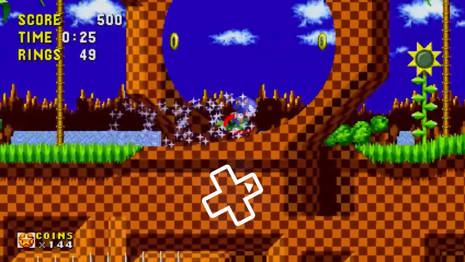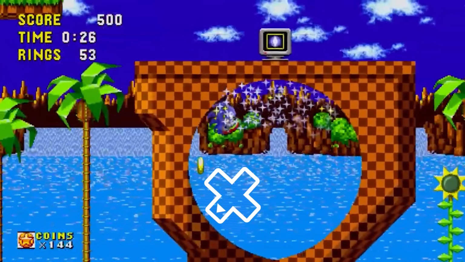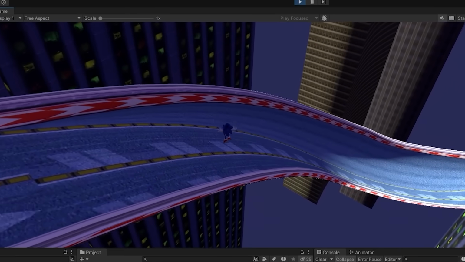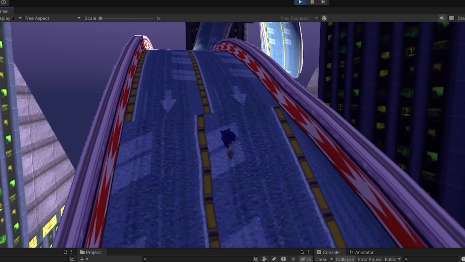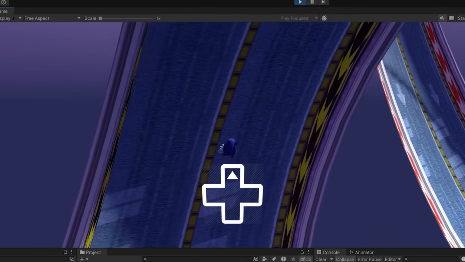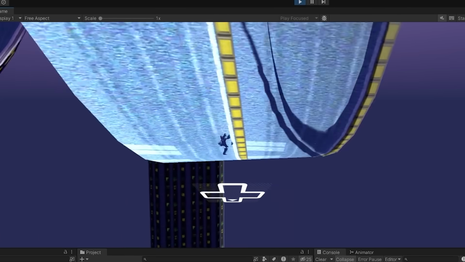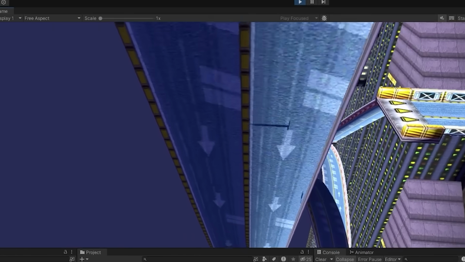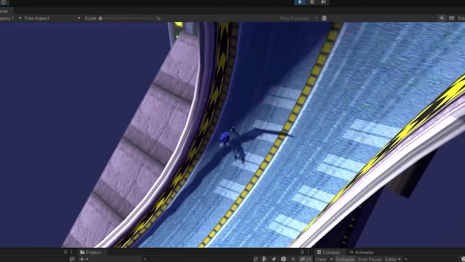This is where we need to take our actual input and make sure it's also rotating along the ground normal. That way, as we go through the loop-de-loop, our forward direction will naturally rotate to become our backwards direction without even moving the control stick. This is my attempt at kind of visualizing the process. There's a ton of other ways to do this, I'm sure, but this was the simplest way I can think